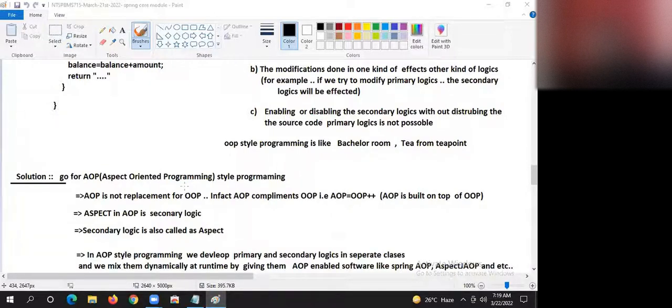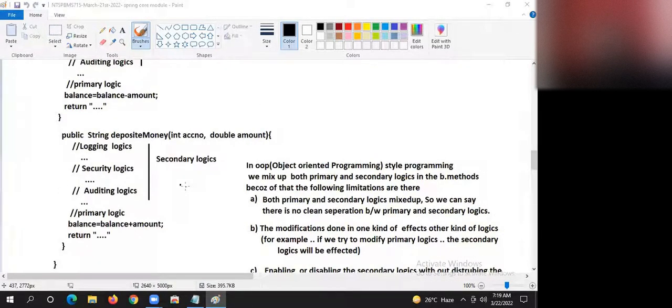One beautiful example I have given. Drinking tea from outside market, a normal tea stall, is like OOP style programming. When you order tea, he will give everything together: milk, decoction, sugar, ilachi powder, ginger paste, all together. You like it or not, you have to consume like that only, right?